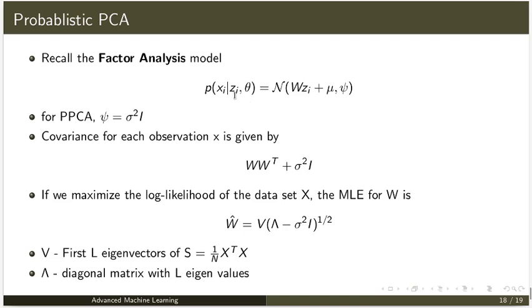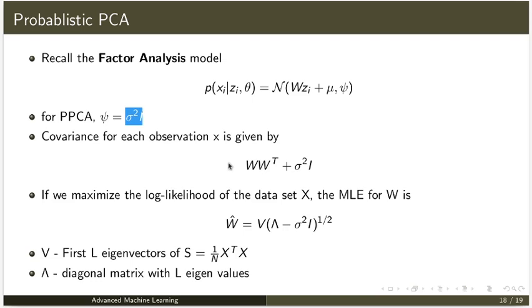So instead of directly saying x_i is equal to W z_i, you say that the probability of x_i is a normal distribution with mean W z_i and a covariance matrix, and this covariance matrix is sigma squared I. For this model, you can use expectation maximization for developing your solution, instead of going for eigenvalue decomposition and using the eigenvectors.